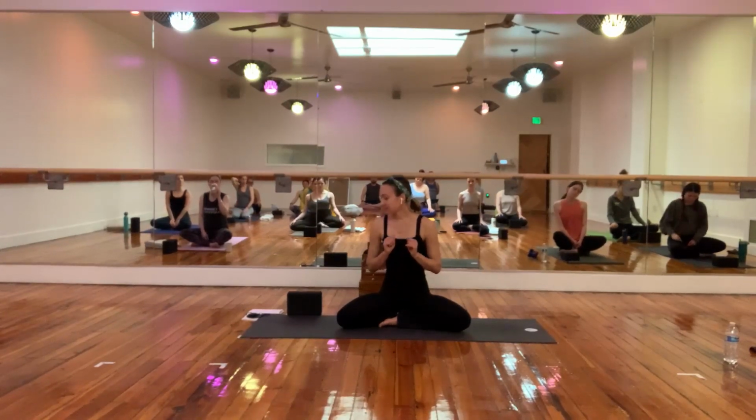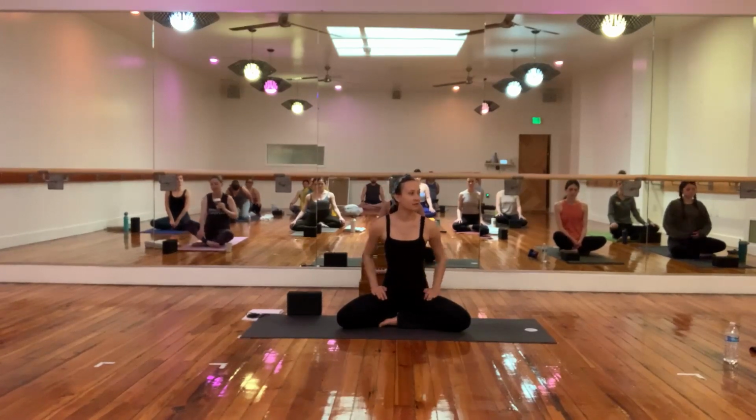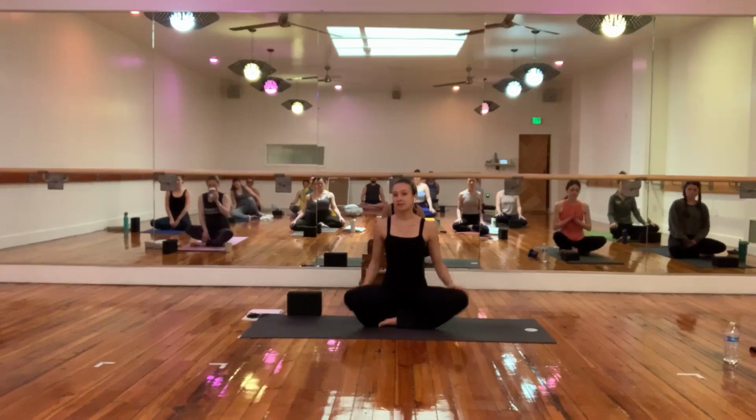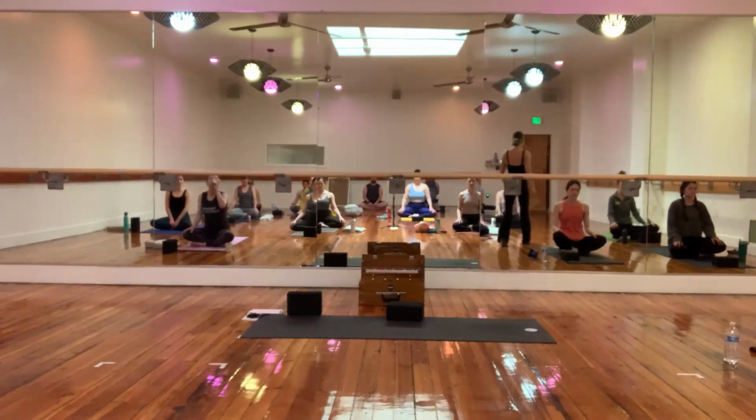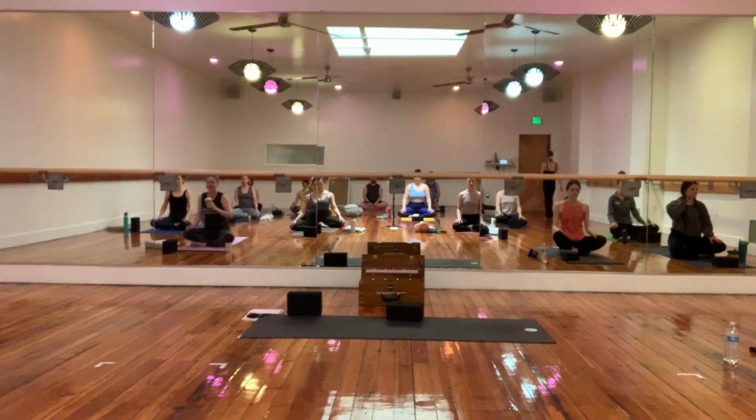But let's go ahead and start here in our comfortable seat, and we'll begin with eyes closed. So just bringing your hands to rest comfortably on your lap. I'm going to encourage palms facing down today, just creating a subtle inward gesture to draw the senses into the internal body. So as the eyelids close down, maybe choose an area of your body